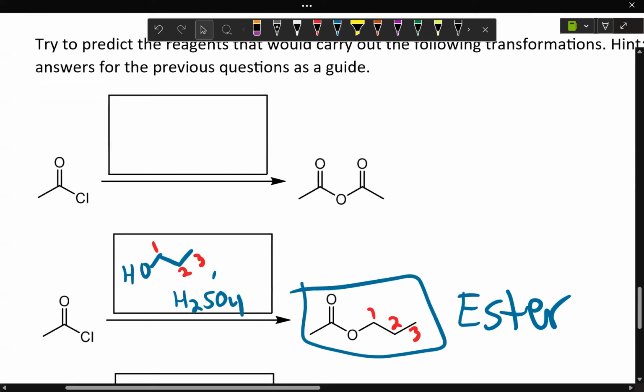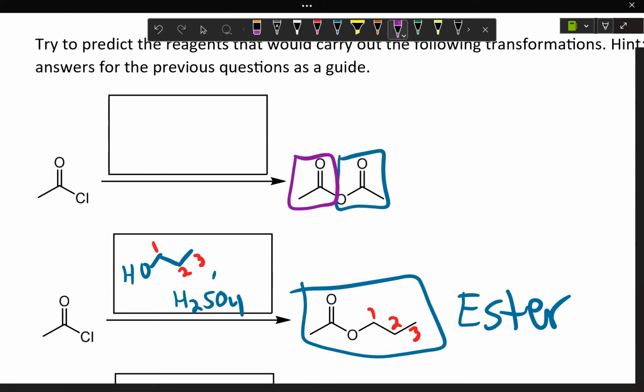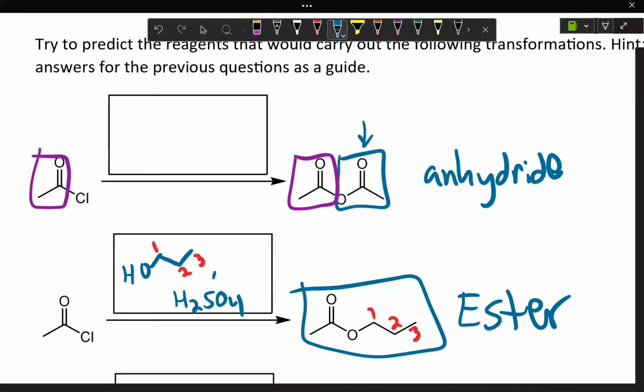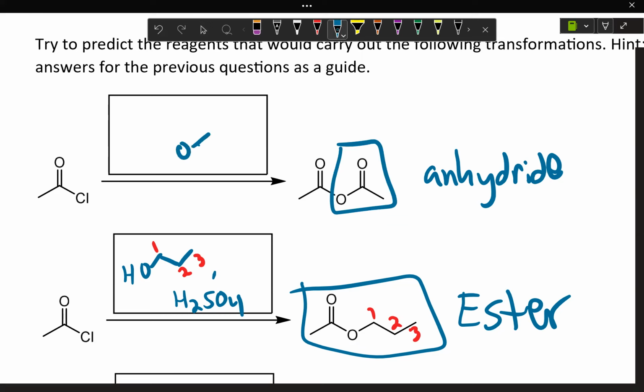Okay, next one. We're making an anhydride. So this is the group we need to attach because the left side is going to stay the same. What changes is that we get rid of the chlorine and replace it with an acetate group to make an anhydride. This blue is the acetate group. So we need to add this on. So in the reagents, we should have